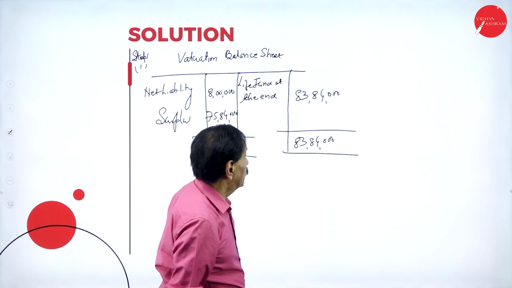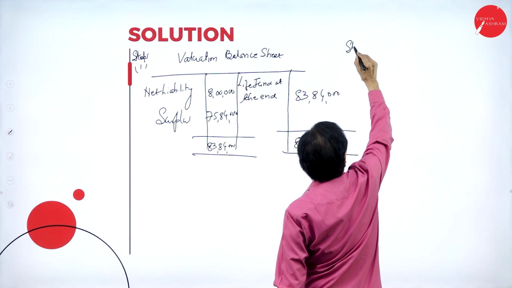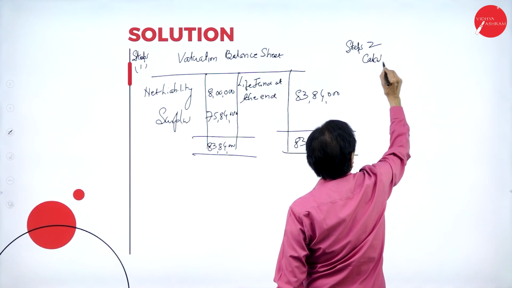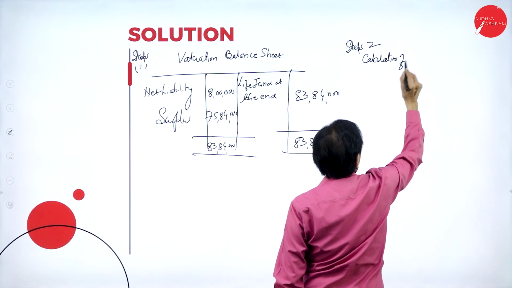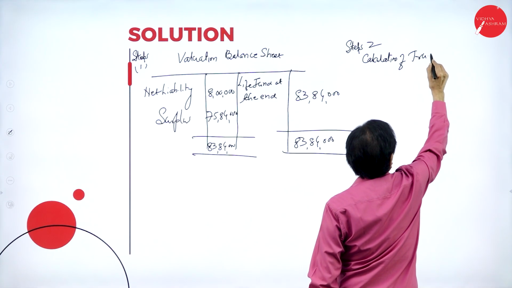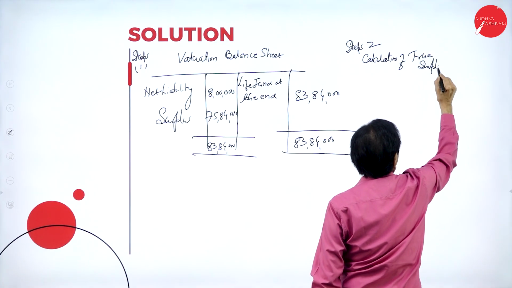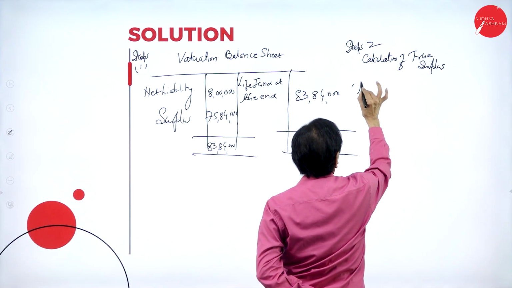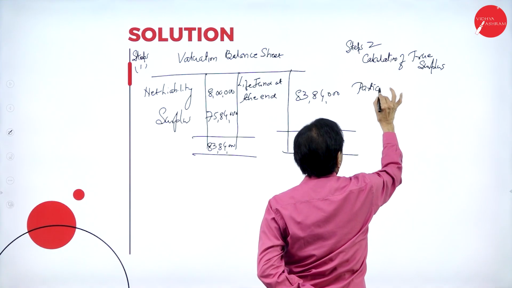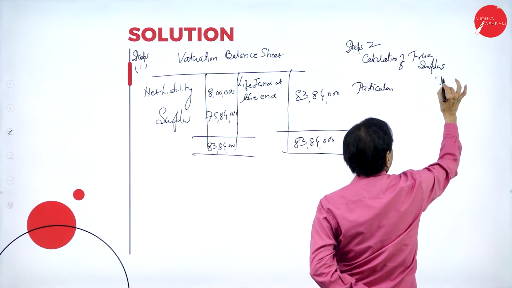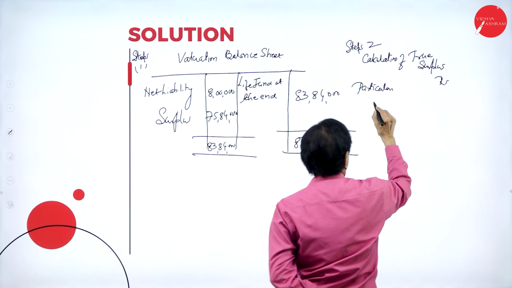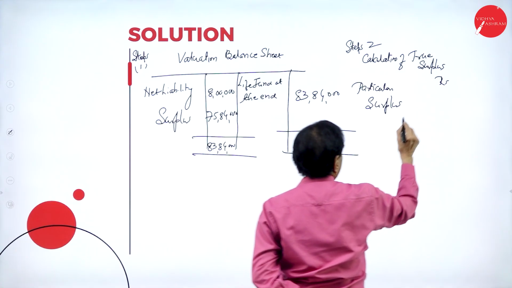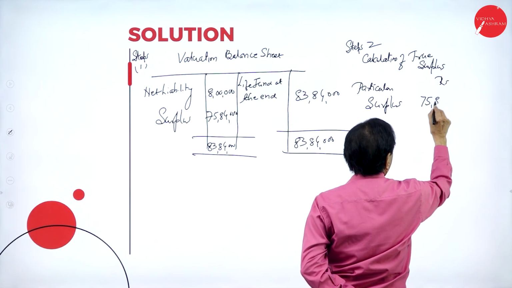Then step 2. Calculation of true surplus. Particulars, rupees. Surplus. How much? 75 lakh 84,000